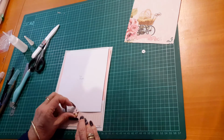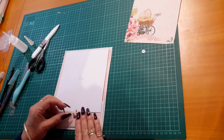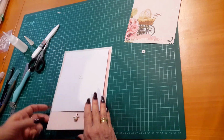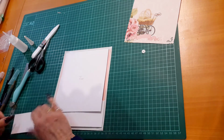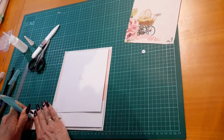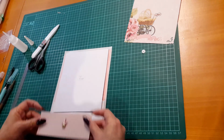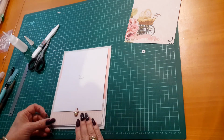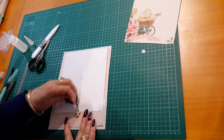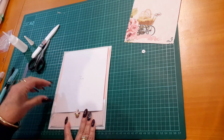It's probably about right there. So I'm just going to put that over and make sure that it's as tight as it can be. I never have very much success with these swing tabs, so hopefully it'll work. Okay, so that's all you have to do. So then, now that we've got that right,